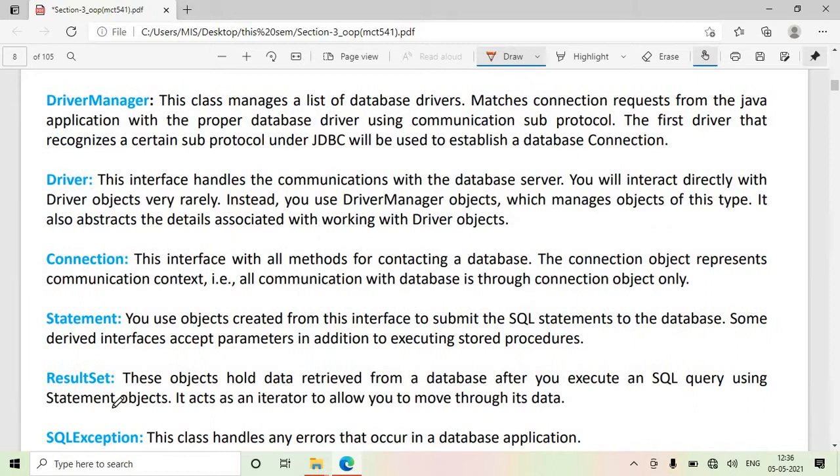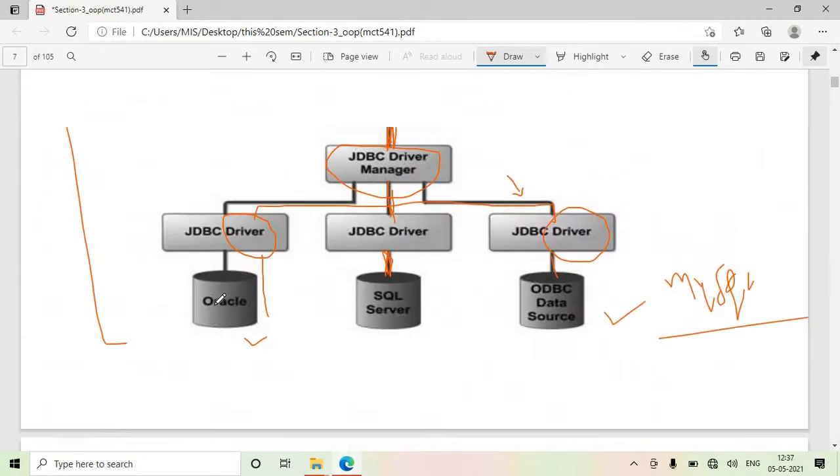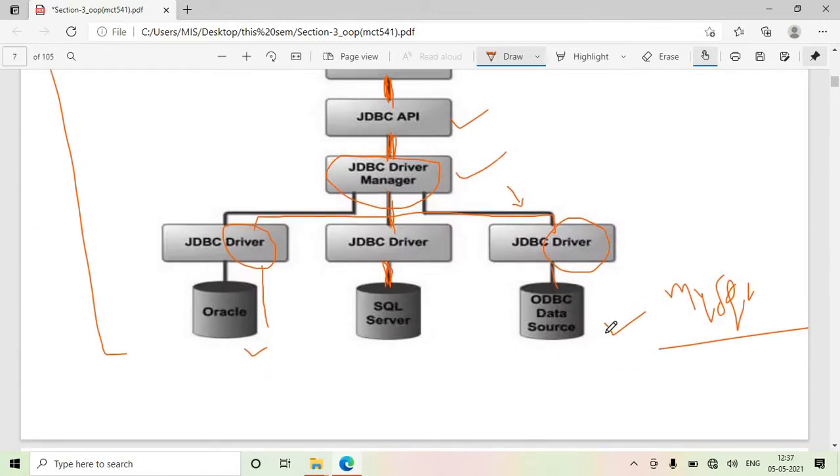Now there are a few JDBC components like driver manager, driver, connection. All these classes we have used while connecting your Java code with the database. As we have studied in this architecture, this is your driver manager.